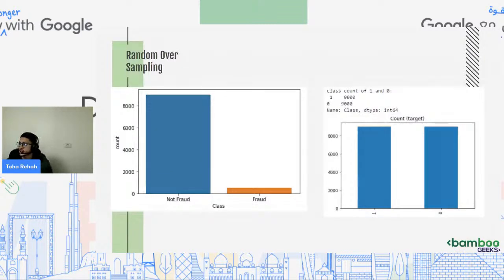Random oversampling happens just like copying or duplicating the minority class. So let's stick with the example where class 1 contains 1000 and class 2 contains 100. Random oversampling means that I'm going to duplicate those 100 ten times so that they are equal to 1000. So this is random oversampling.